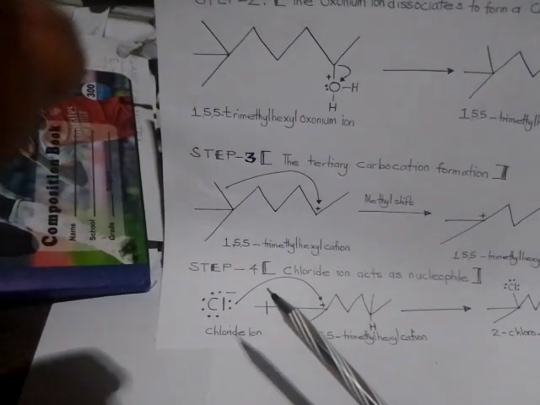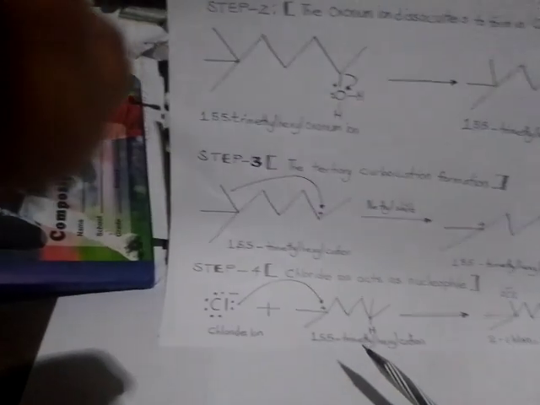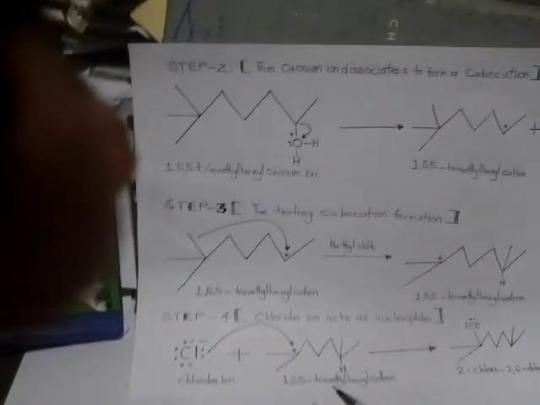The essence of two elements bonding together is for them to get more stable, or to get a complete octet. So even though chloride ion needs 8 electrons, when it stands alone it is not stable except it makes a bond. That's the reason this chloride ion is acting as a nucleophile, because it wants to have a nucleophilic attack on this 1,5,5 trimethyl hexyl